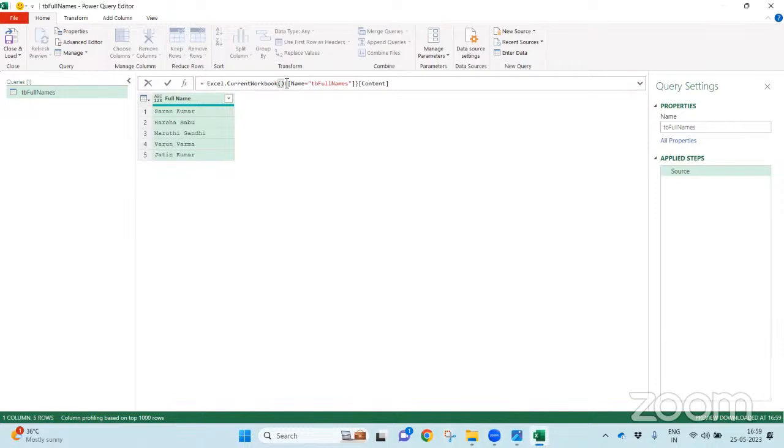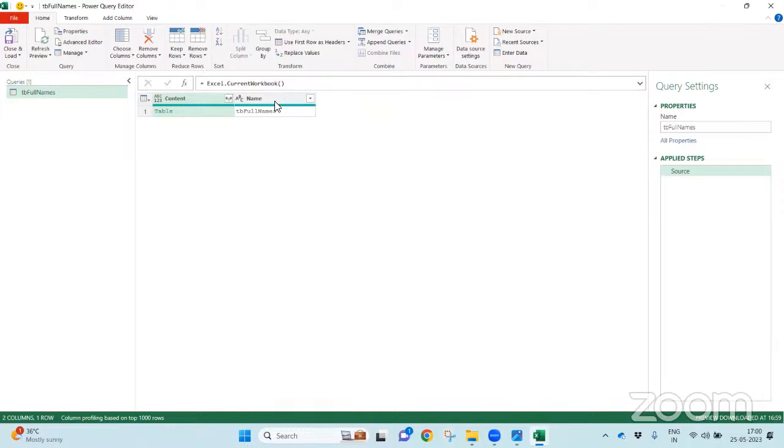But what is the meaning of this? Why have we taken it like this? Don't worry. Let me delete this. Excel.CurrentWorkbook, if I enter, it's going to display all the objects from my Microsoft Excel workbook which is open, which is the current workbook for this Power Query.